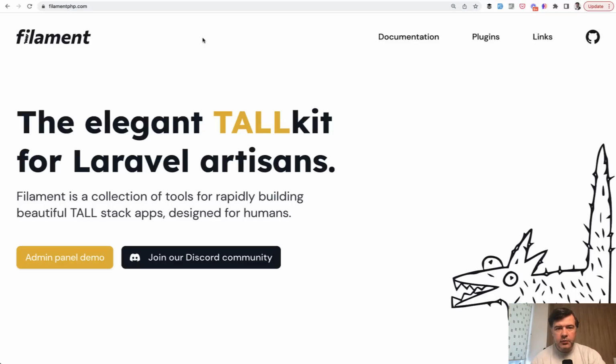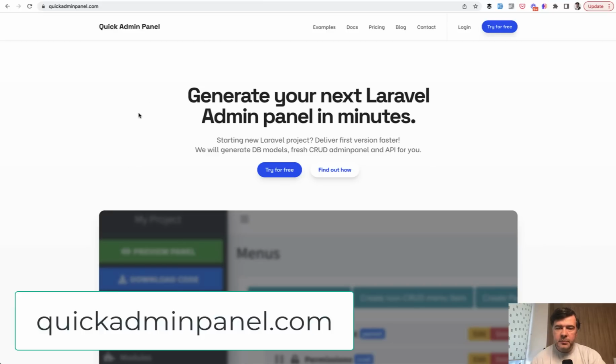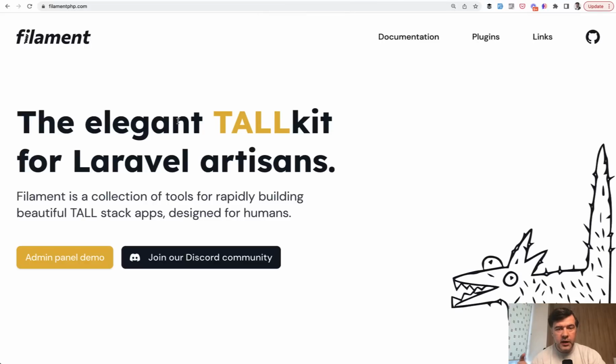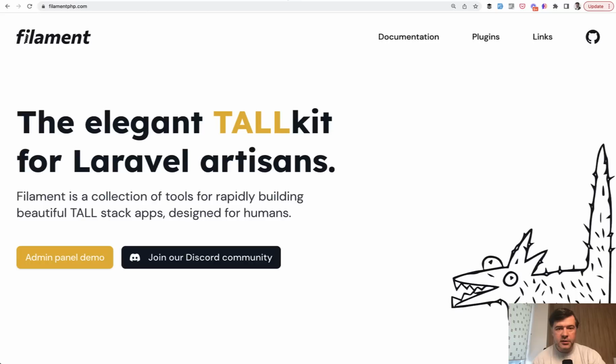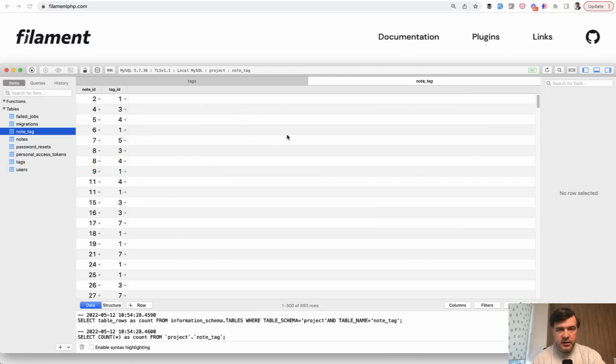For those who think it's ironic that I use someone else's package, Filament, instead of our own Quick Admin Panel, there's a fundamental difference. Filament uses an existing database, an existing project, and creates the admin panel on top, but you have to have existing Eloquent models, database structure, and all of that. Quick Admin Panel has a different purpose of starting from scratch and generating everything for you, so you don't have any code prepared at all. It will generate models, migrations, and all of that for you. So different purposes, although it seems to do similar jobs, so I will cover Quick Admin Panel in some other demo projects. But for this case, I will use Filament,